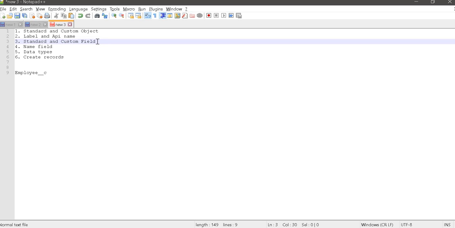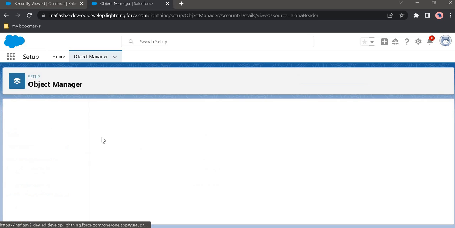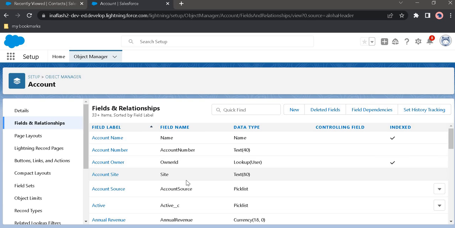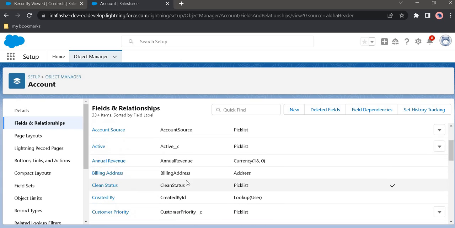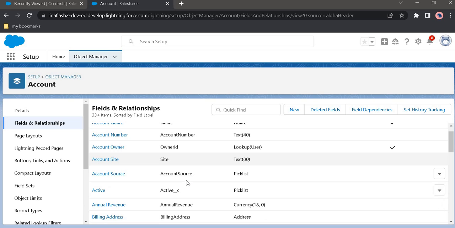After that, we will get to standard and custom fields. It's not necessary that standard objects always have only standard fields. They can have custom fields as well.